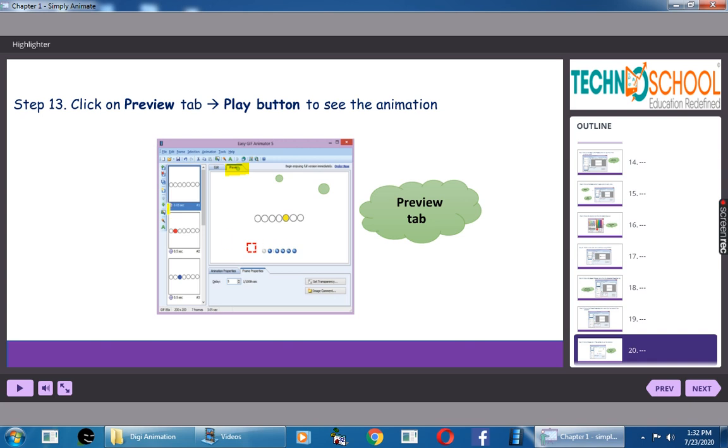If you want to alter, you can go back to the frames and alter. Here you have some buttons. This play button will help us to see the animation. Here you have forward, next, end, pause, everything there. You can try that.